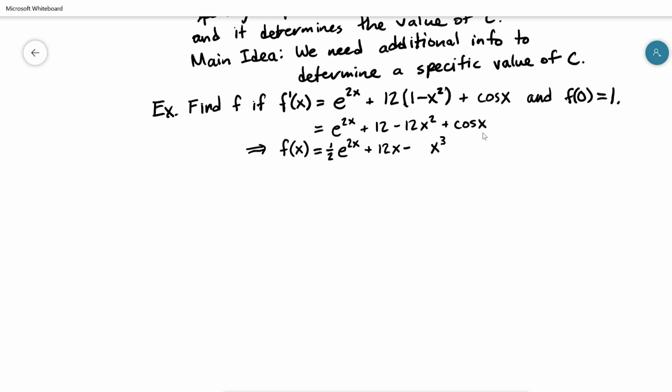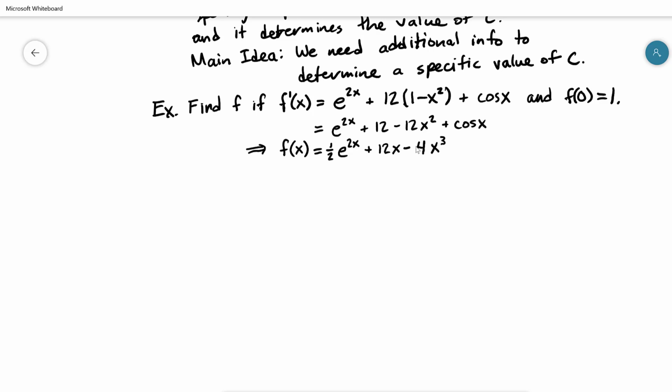Okay. So I'm wanting, when I take the derivative of this, the 3 will come down, the power will go down to 2. I'll get an x squared like I wanted, but I want the coefficient to be a negative 12. Right now, if I brought the 3 down, my coefficient would be just negative 3. I need something that's 4 times bigger than that. So if I just put a factor of 4 right here,